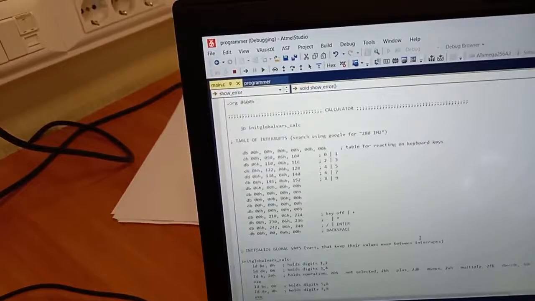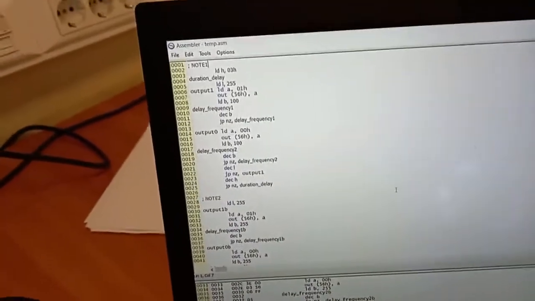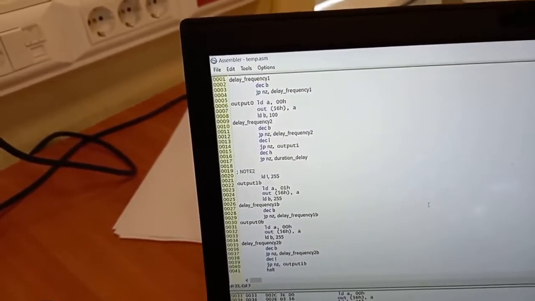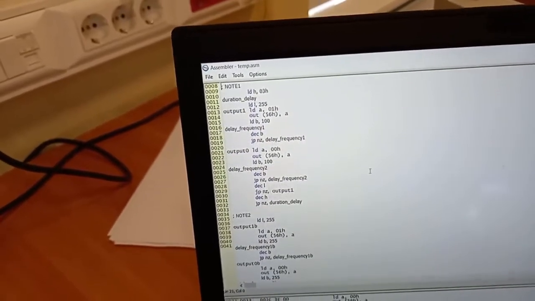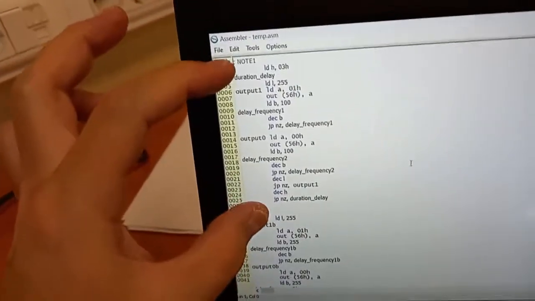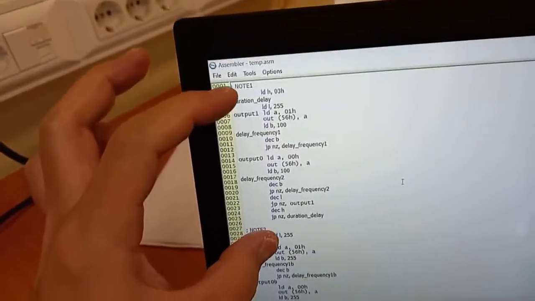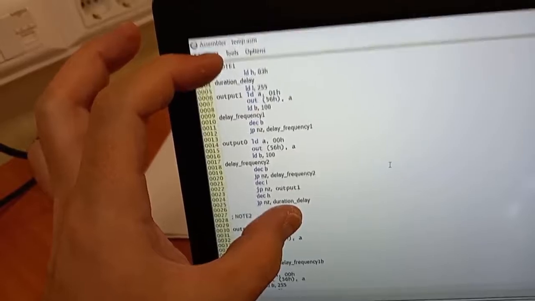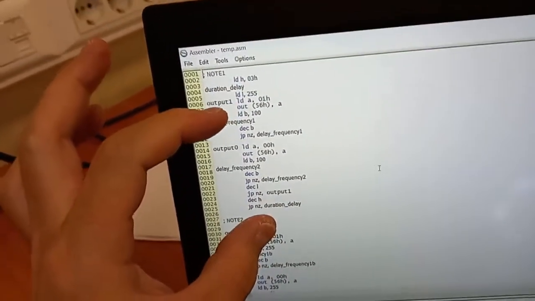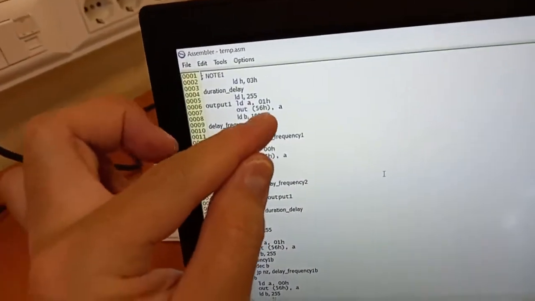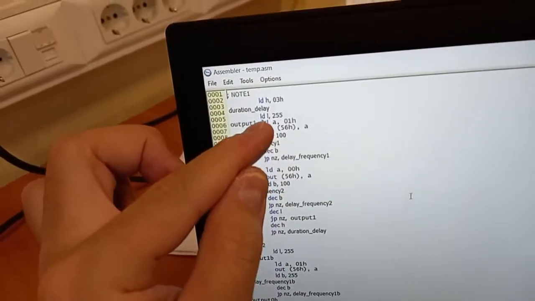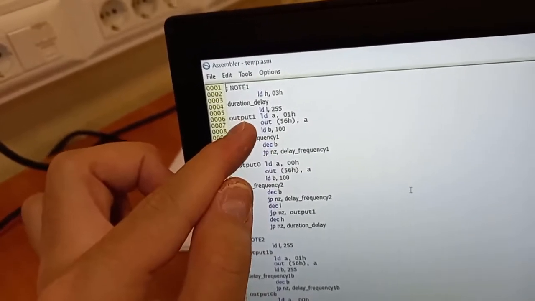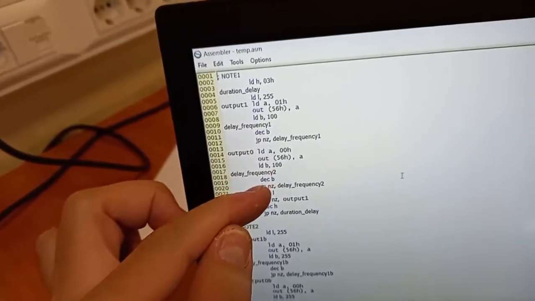Now, we're not going to use the second note anymore. We want to use just one note. I will explain. Actually, you see, we have 2 notes: the first note and the second note. Now we're going to make a template from this note. We're going to have 9 notes, for example, but with each note we're going to change delay duration, delay frequency, and we're going to